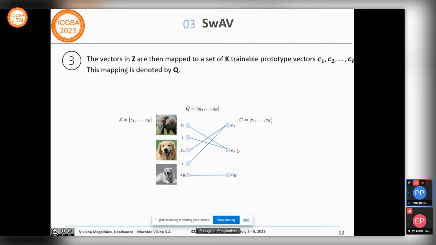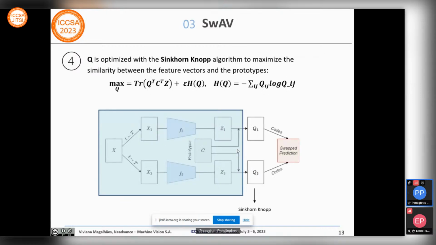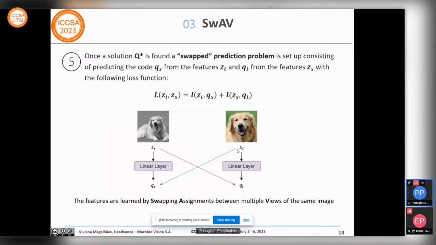So each image will be part of certain features, which are the Cs, and then this mapping happens between all the images, and that is denoted by Q. Q is then optimized with a Sinkhorn algorithm to maximize the similarity between those features and the prototypes, using this function, where H is a cross-entropy function and epsilon is a parameter that controls the smoothness of the mapping. And so this is iterated, and once we find an optimal solution, we apply a soft prediction